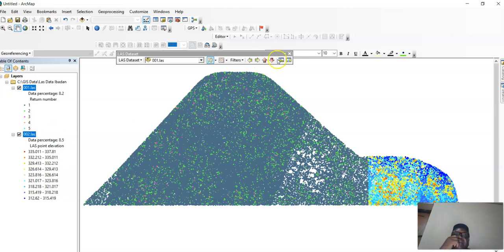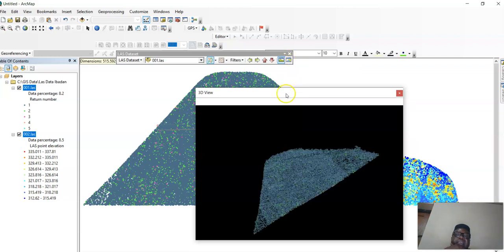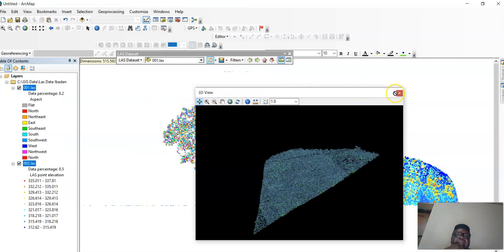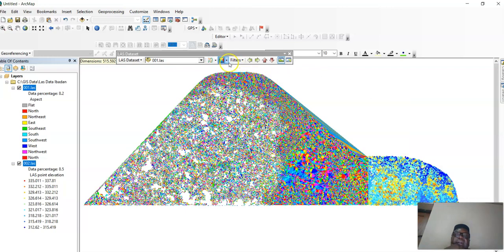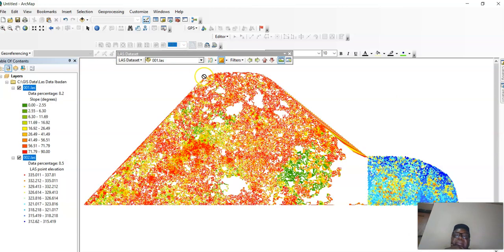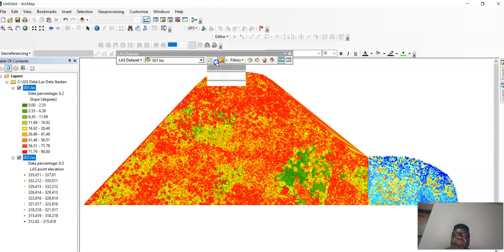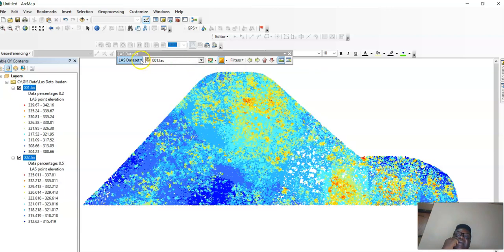So we have different forms of contour. You can also look at different elevation. You can look at the 3D presentation of the place, and you can look at aspect, or you look at the slope, and a lot of things you can do with the data without going to the other forms of analysis that we shall go into.